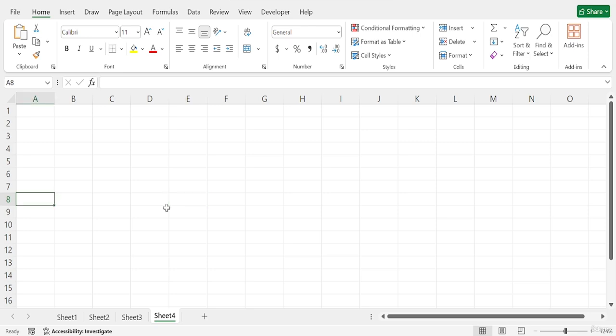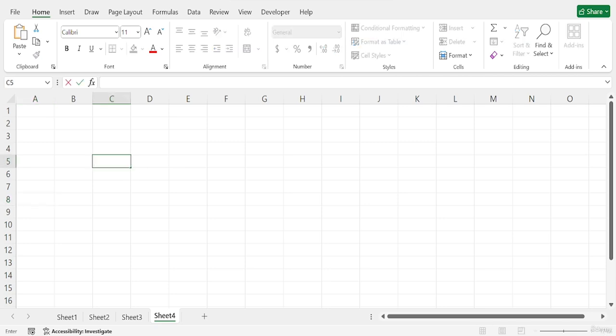There are many more logical functions in Microsoft Excel, but in this video we will cover only the IF function and the AND function. At first I will create a simple dataset, then I'll show you how you can use these logical functions in the spreadsheet. I will make a dataset of students and show the marks of students, whether the students pass or fail or are a top performer, and whether any student is eligible for a scholarship or not, these types of conditions.